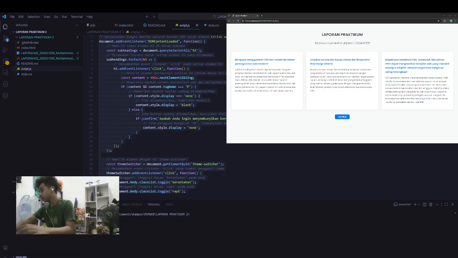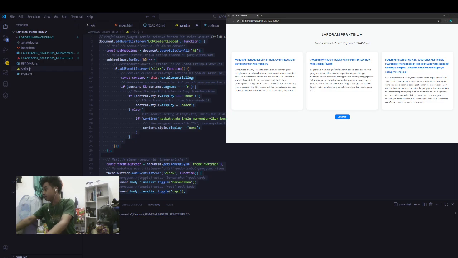Let me begin with the HTML file, which acts as the main structure of the web page. First, we have the doctype HTML declaration that indicates we use HTML5. Inside the head section, I define the character encoding as UTF-8 and configure the viewport to ensure the page is responsive to all devices, from smartphone to laptop to PC.